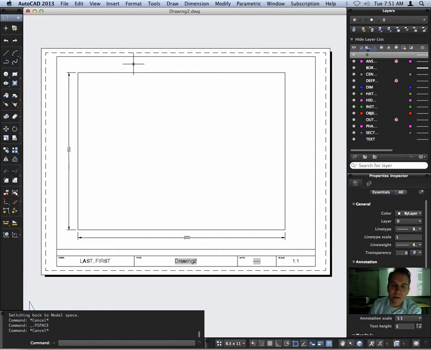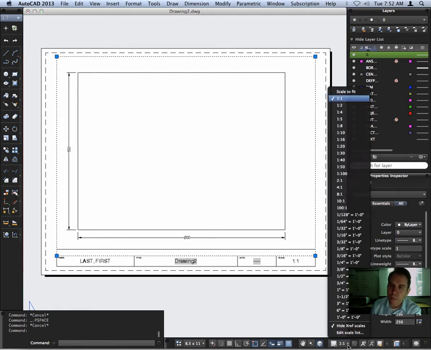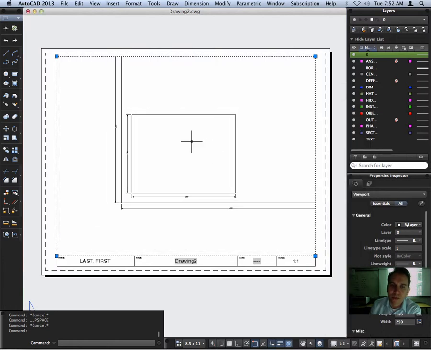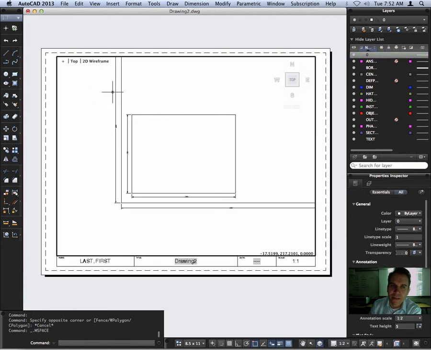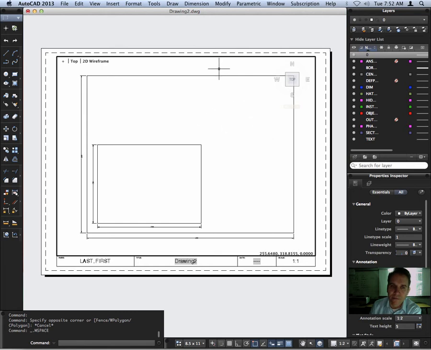So I'm going to select my viewport. I'm going to have to start by unlocking it. This will let me adjust my scale. And instead from 1-to-1, I'm going to go to 1-to-2. And now we can see that's much smaller here. I'm going to double click into my viewport and then pan so I can center it. And then now, you can see I'm set 1-to-2, so I'm going to lock this,